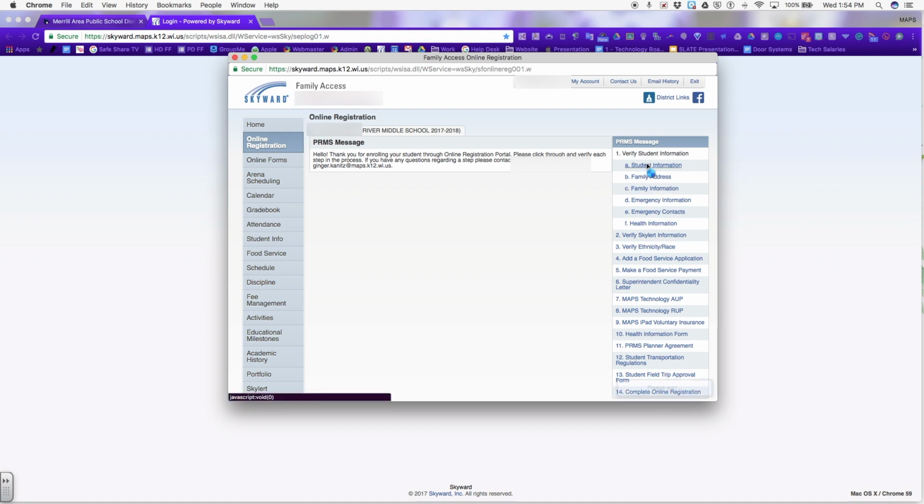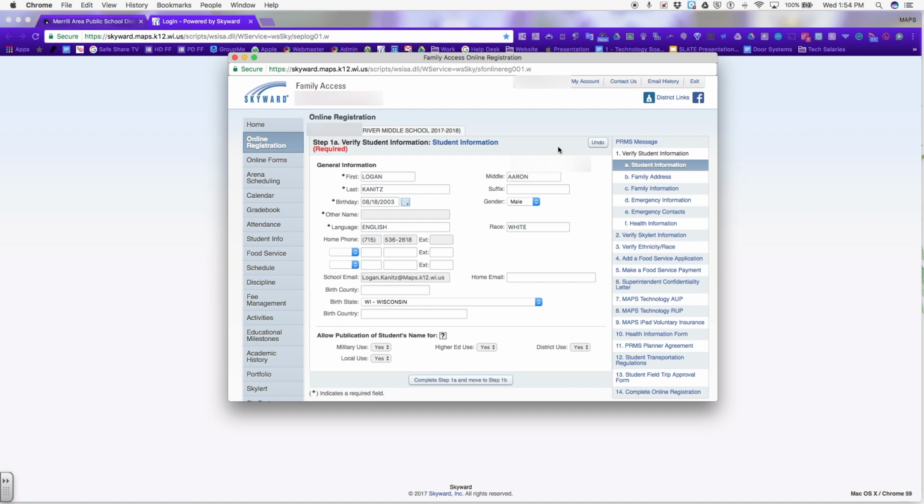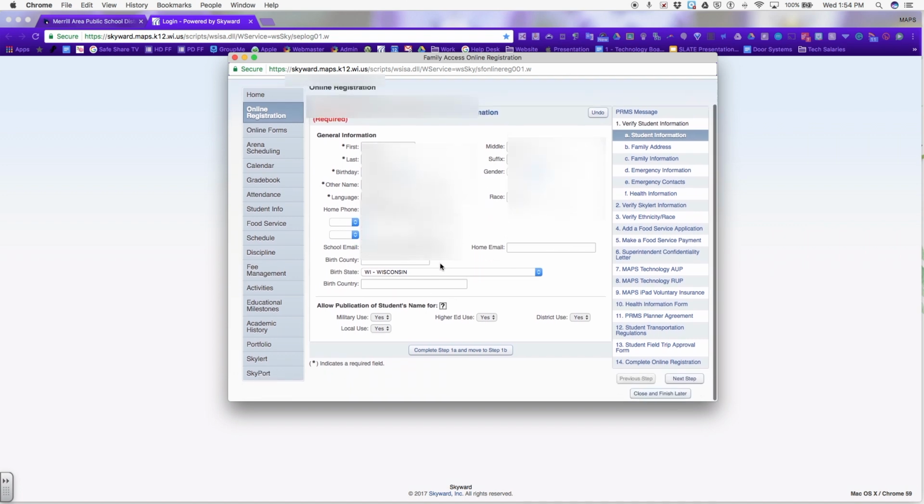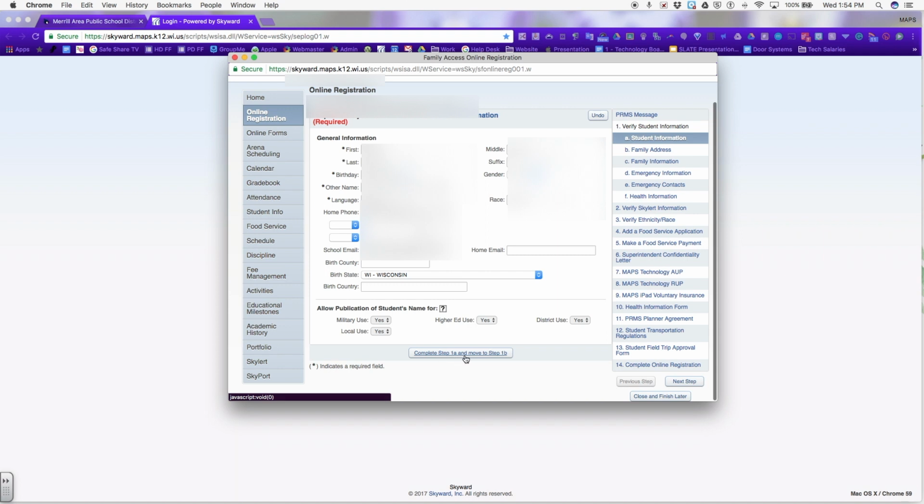You'll want to start by clicking on the first packet and filling in any of the areas that require information. Continue through by clicking on the prompts until you see a green check mark next to each one of these forms indicating that the form has been completed successfully. If you have something come up and need to close and finish at a later time, you're welcome to click the following button below. And once you've completed everything, this button will change and you will be able to submit